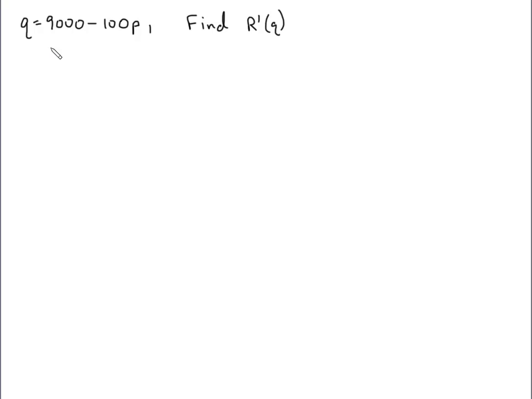Here's our demand function. We're going to solve this for P. So that means we want to move this 100 to the left side, move the Q to the right side. So we're going to get 100P is equal to 9,000 minus Q. And then we'll divide everything by 100, so we'll get P is equal to, if I divide 9,000 by 100, I'm going to get 90, and then minus, if I divide this by 100, I'm going to have 1 over 100